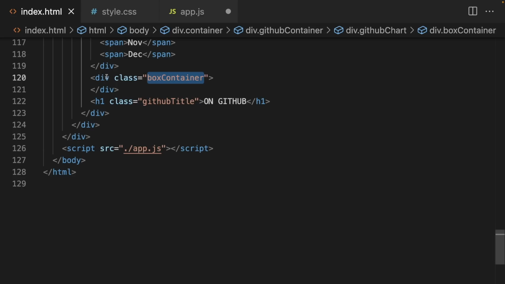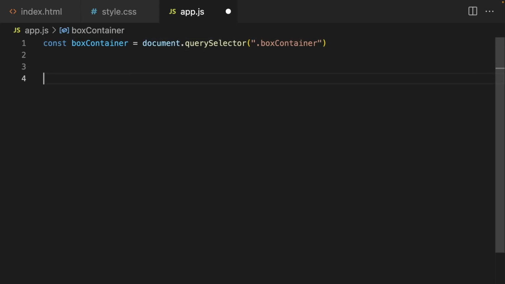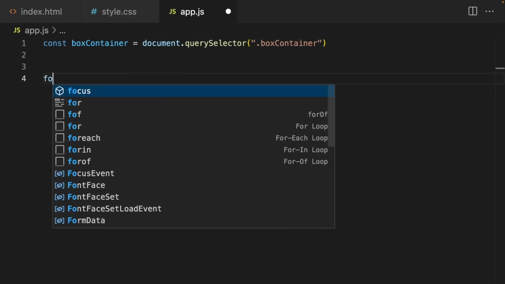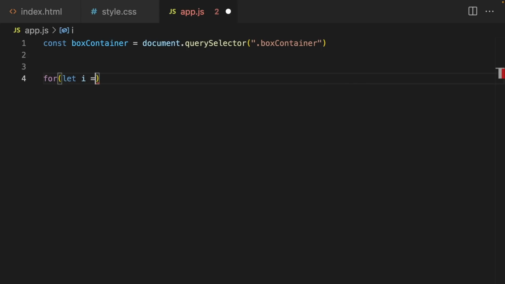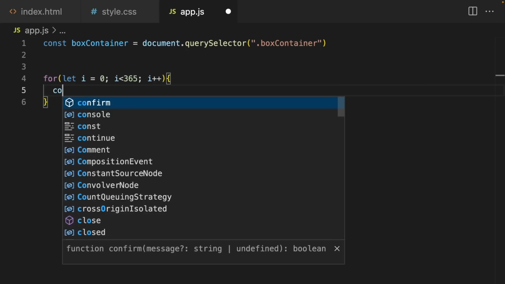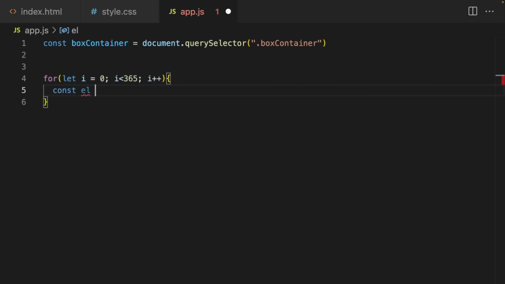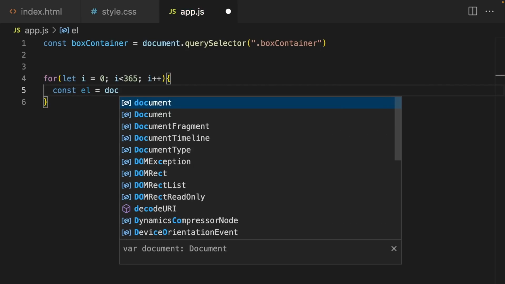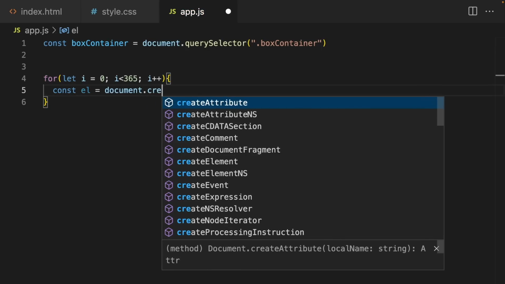But we are not using an ID, we are gonna use its class name. And after that, I'm gonna create here a loop. I starts from 0 and it's smaller than 365, and I'm gonna increase this after each loop. Right now what I'm gonna do is to create a div here. I will say const element or div, whatever you say. I'm gonna say document dot createElement,